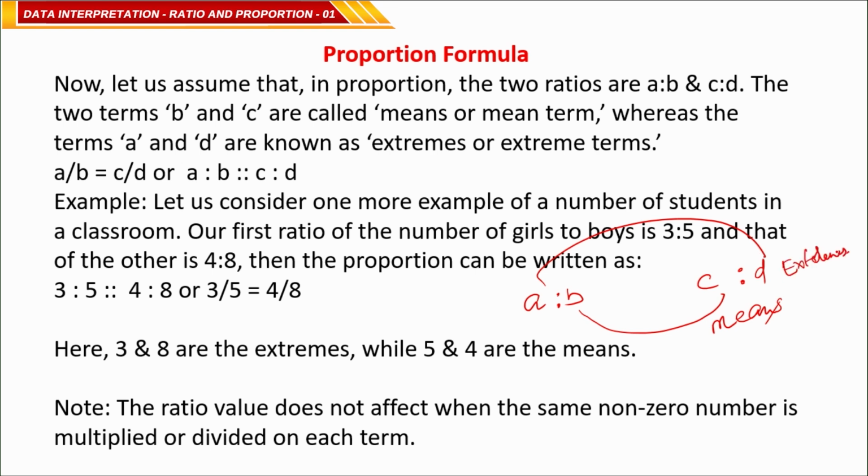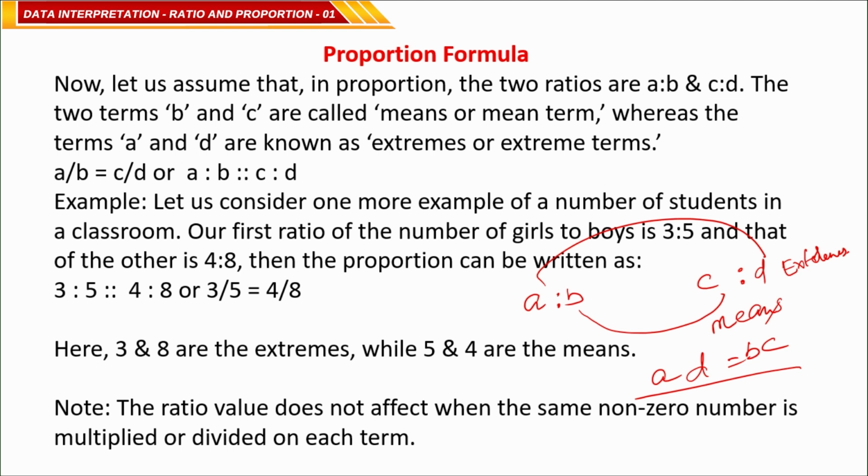The product of means is equal to the product of extremes, meaning AD is equal to BC. If the product of means is equal to the product of extremes, then we can say the two ratios are